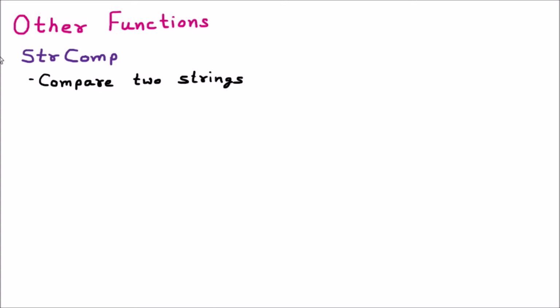In the program, we have to simply write the function strcomp. Afterward, we pass the bracket, and inside the double quotes we pass the first string. Let us suppose the first string is Ankit. Then the double quotes end, then a comma, and we pass the second string, let us suppose Verma. So these are the two strings we have passed here. We can store these two strings in variables, let's say s1 and s2, and we can also pass strcomp s1 comma s2. So we can pass direct strings or we can pass the variables if we want.